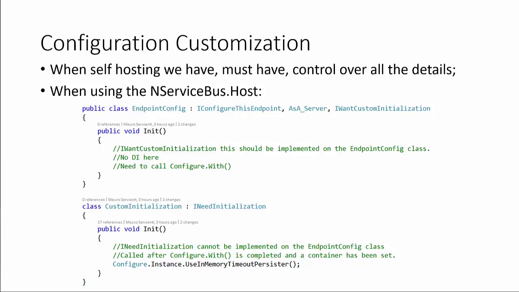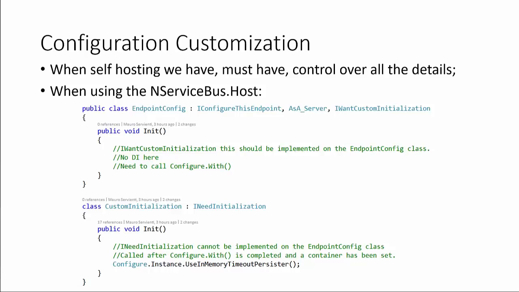That's basically the same Init method, and it cannot be implemented on the endpoint config class, because the endpoint config class won't be considered as something that can implement INeedInitialization. It will be called after the Configure.With that will be done by the NServiceBus host or by our IWantCustomInitialization implementation, and will be called after the container has been set. So basically we can rely on dependency injection in this class